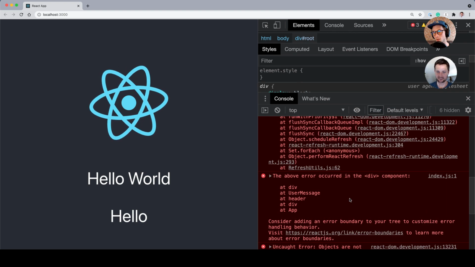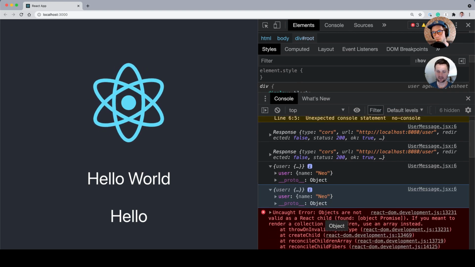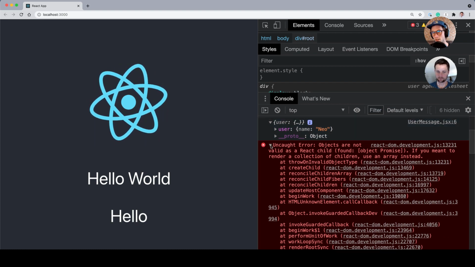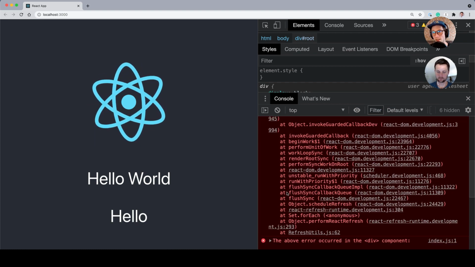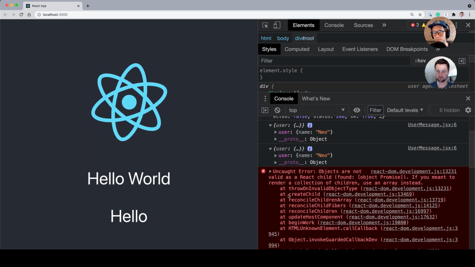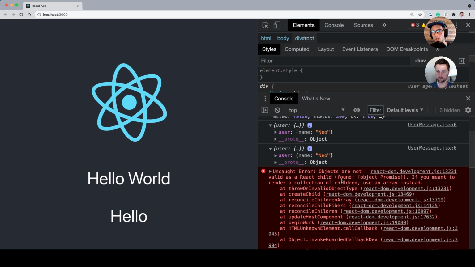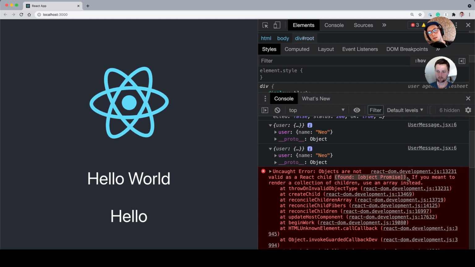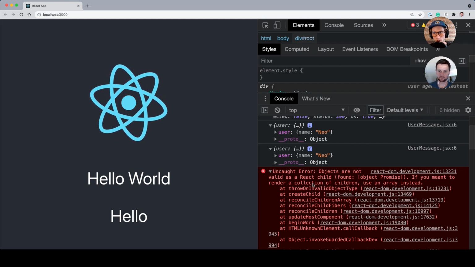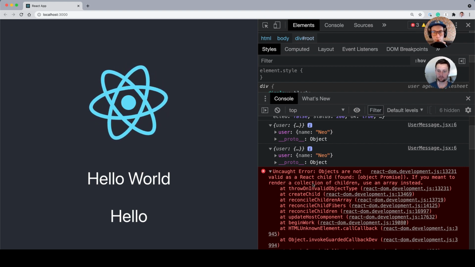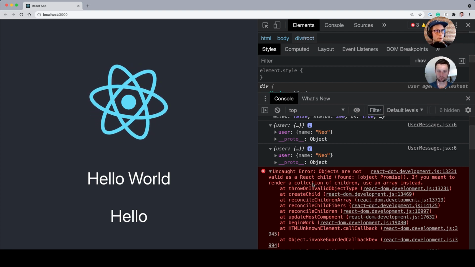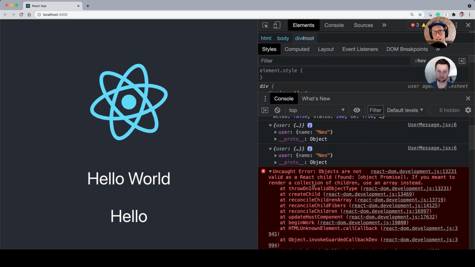Yeah, so we ran into some problems here. It says "not valid as a React child, found promise, found object promise," and that's because this is an async function. Because it's asynchronous, it actually has to wait for a response in order to print anything. And so when we call it, JavaScript doesn't actually, if you go back to the code,